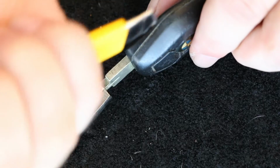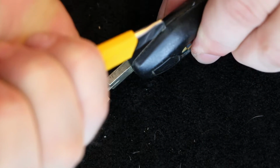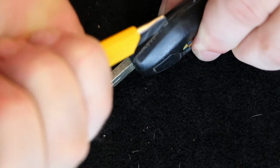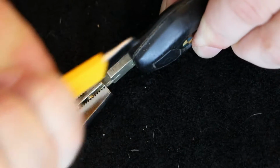Let's get this where I can get the angle right. Yes, I'm using the Japanese backhanded sword method. If you guys are